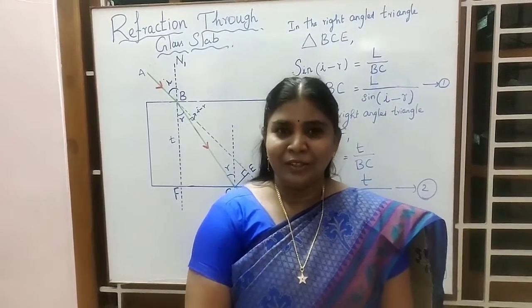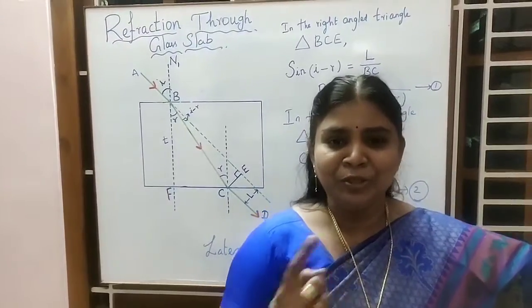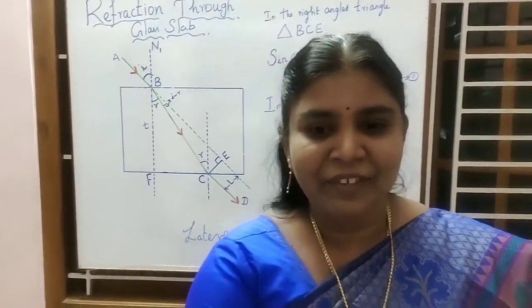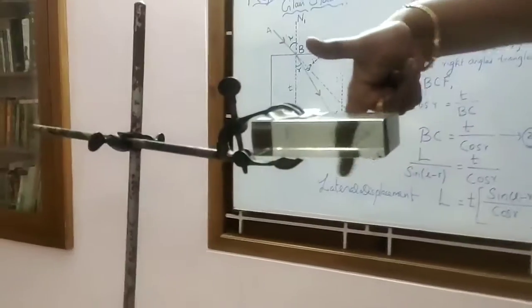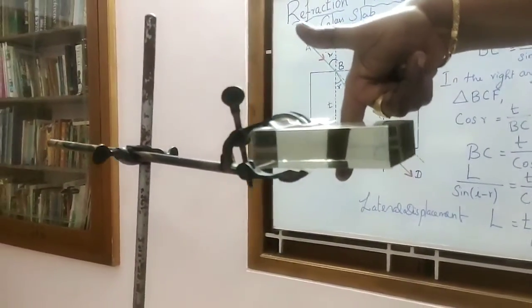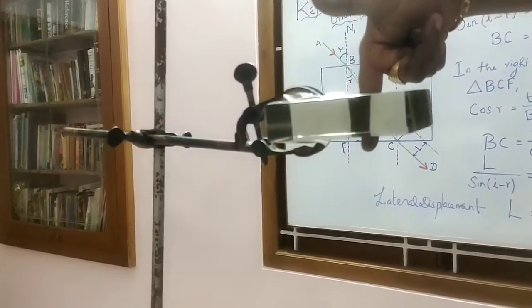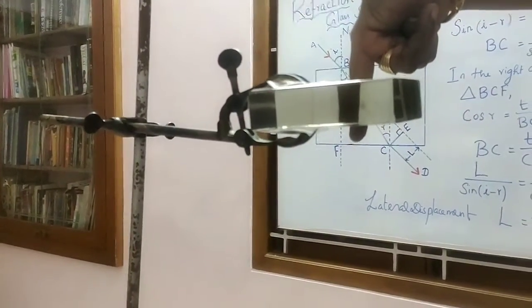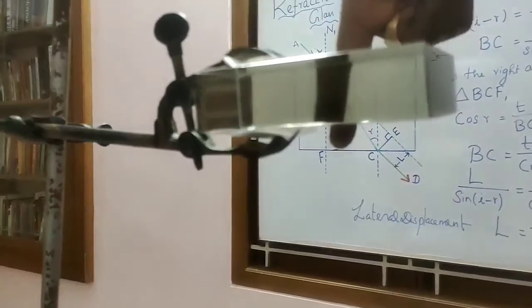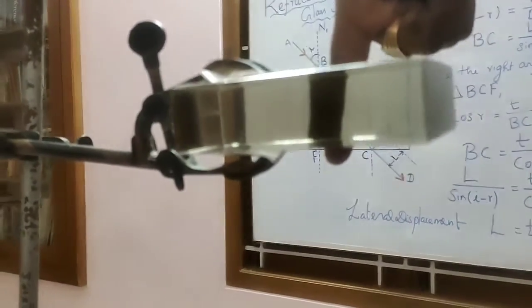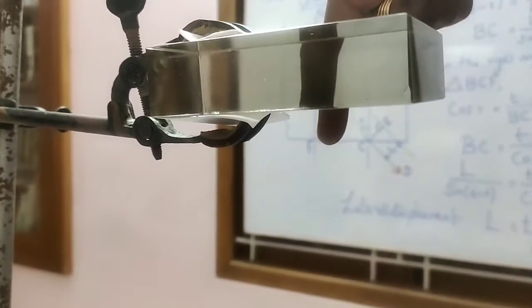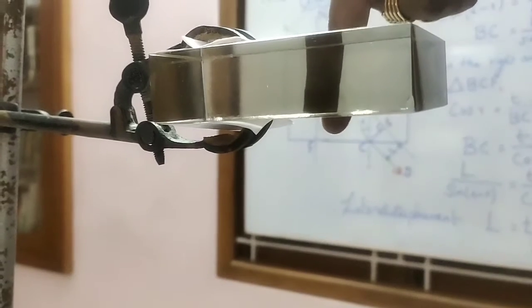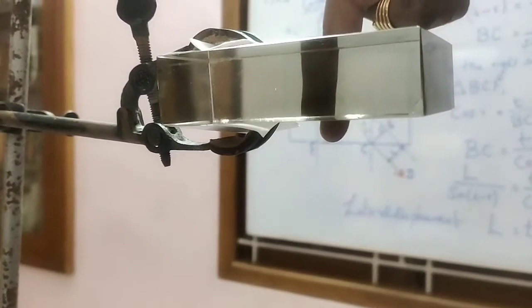The session. Today's question is, when you see your finger through a given slab, what do you see here? Listen here. You are seeing your finger through a slab. So how does it appear? You can see the lateral displacement of the finger. The part of the finger which we are viewing through the glass slab gets displaced laterally. Can you see this lateral displacement?